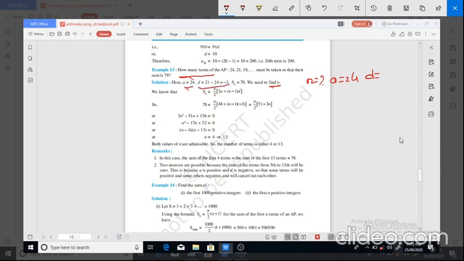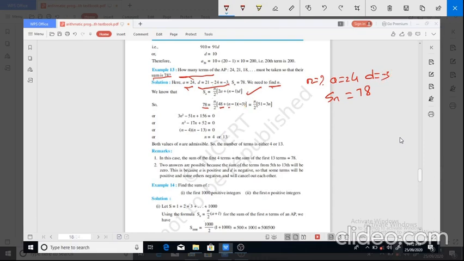The a value is 24. Sn, the sum must be taken so that the sum is 78. Sum is 78 means Sn equal to 78. So put the values of a, d and Sn in the given formula. So Sn equal to 78, n we don't know, so n by 2. a means 24, so 24 into 2 is 48. d is negative, so without forgetting, compulsorily put a bracket. Okay, so don't forget this.